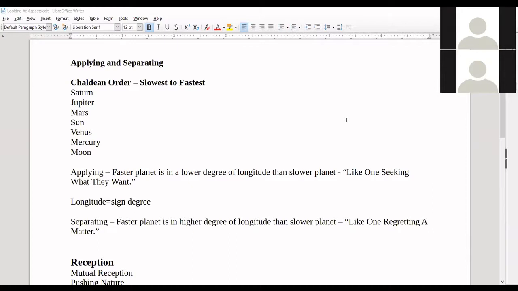Can you please repeat what is signature? Thank you, I will. And I'm going to write it as I repeat it here, so you can also see it. Signature aspect. It is the closest applying aspect in the chart. Okay, and what I'm going to do now is go to a chart to show you what I'm talking about so that you can get an idea.